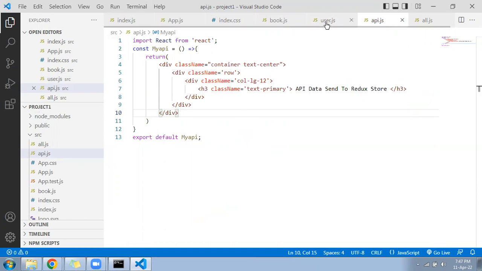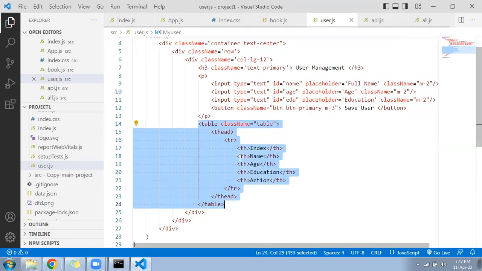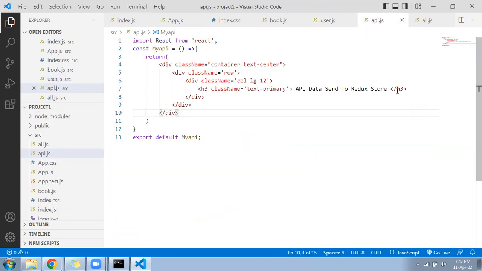From which page? From the user page. User page we have one table that we can copy and paste under the api.js file. After the h3,